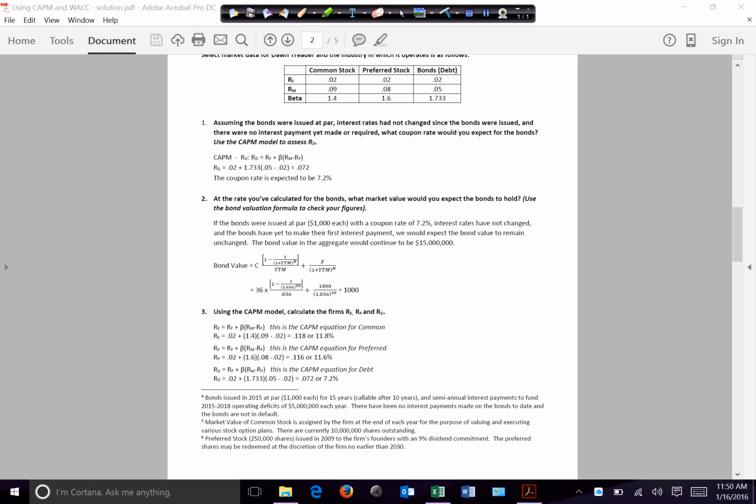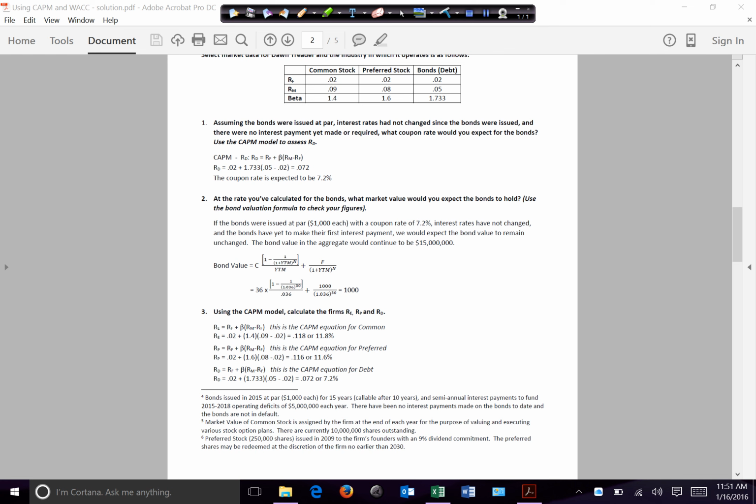As we continue on with this, we'll take a look now at item number 3, perhaps 4 and 5. We'll see how far we get here. But I want to make sure that we continue on with this in-class problem using CAPM and WACC. Here I'm saying, using the CAPM model, calculate the firm's RE, or the rate that we would expect for the common stock, RP, the opportunity cost rate for the preferred stock, and RD, the rate for the